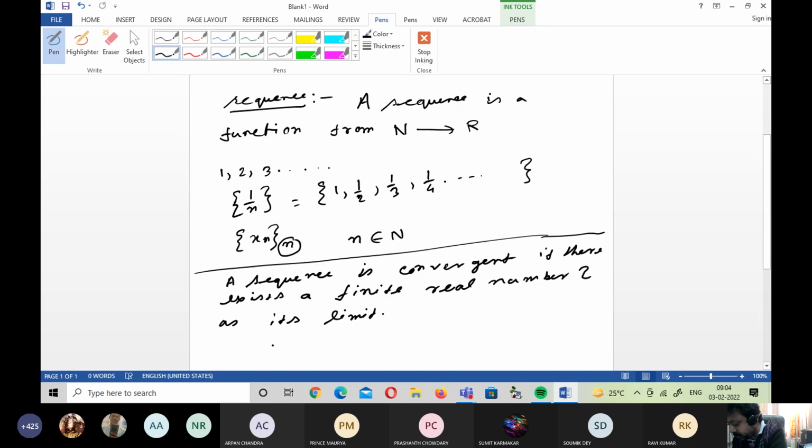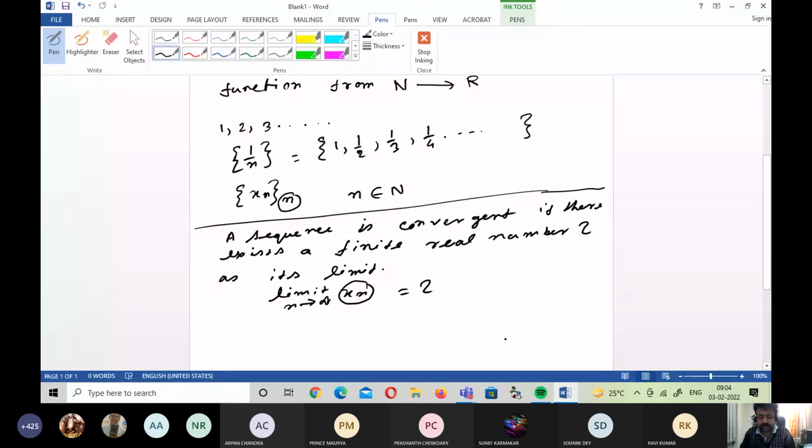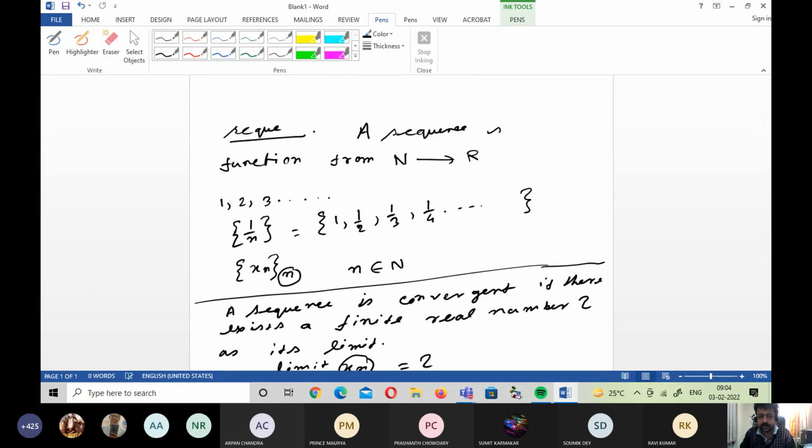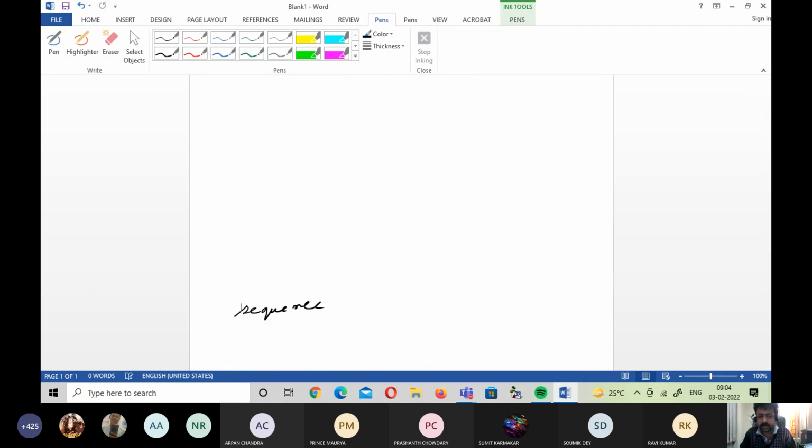So you can easily write that the limit as n tends to infinity of xn is equal to L. Have you gone through functions of several variables? All of you? The epsilon delta concept, have you got it or not? Yes, sir. Okay, then you just write that